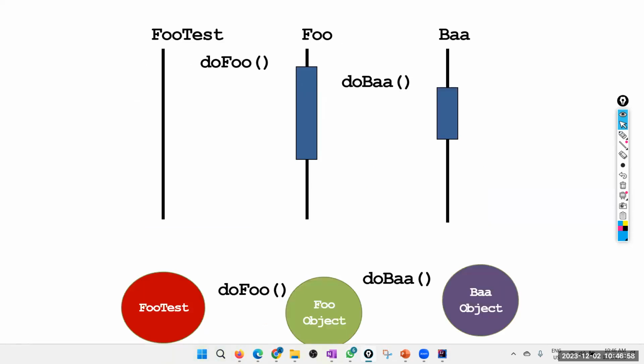So this is another way of looking at it. This is called a sequence diagram. You will learn about sequence diagrams in semester 3. This is my test class. The test class is calling the do foo method of the foo object,